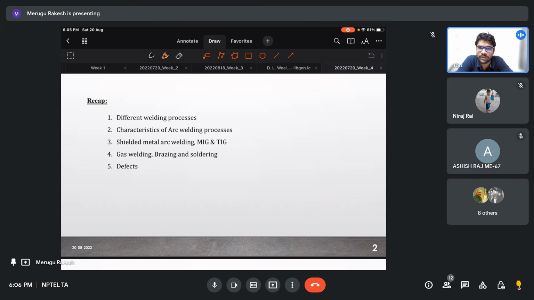Then coming to gas welding, we discussed the different types of flames, the different types of gas welding, and the gas to air ratio, and such small things. If there is no chance of welding two metals, then we go to brazing and soldering. Soldering, I think you know well, is widely used in designing circuits and small electronic components. Then coming to brazing,